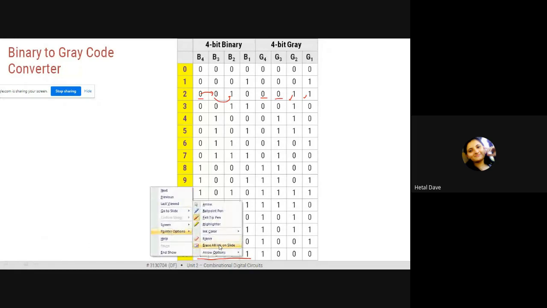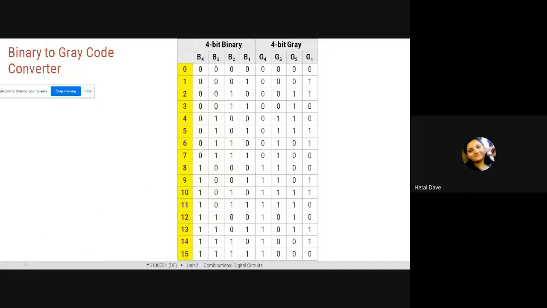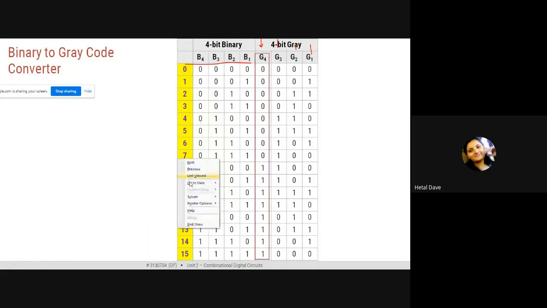So in total, I will make 4 KMaps based on the input. The KMap names are G4, G3, G2 and G1. First of all, observe G4. You are making the KMap, it's good. But directly